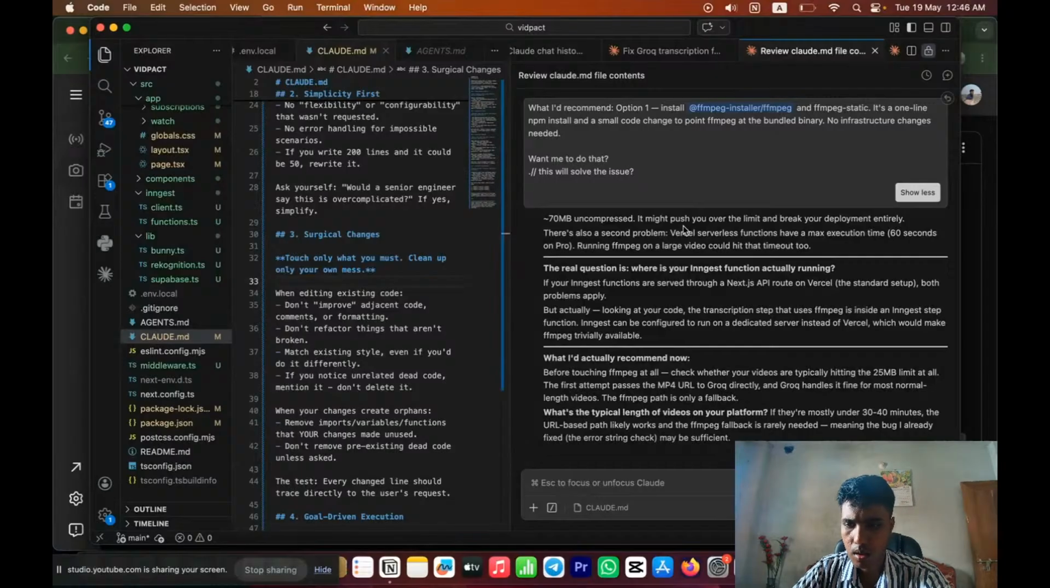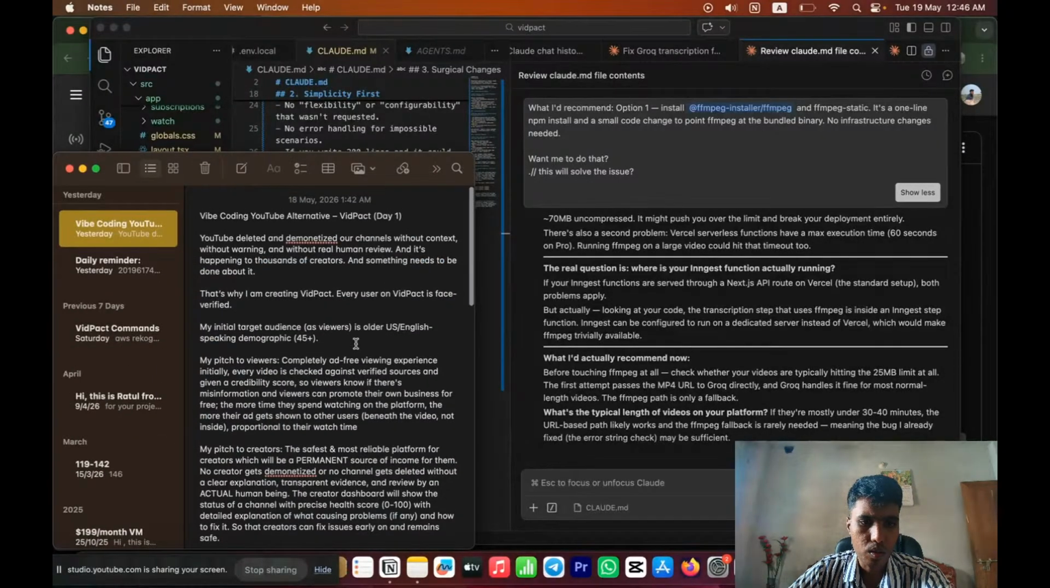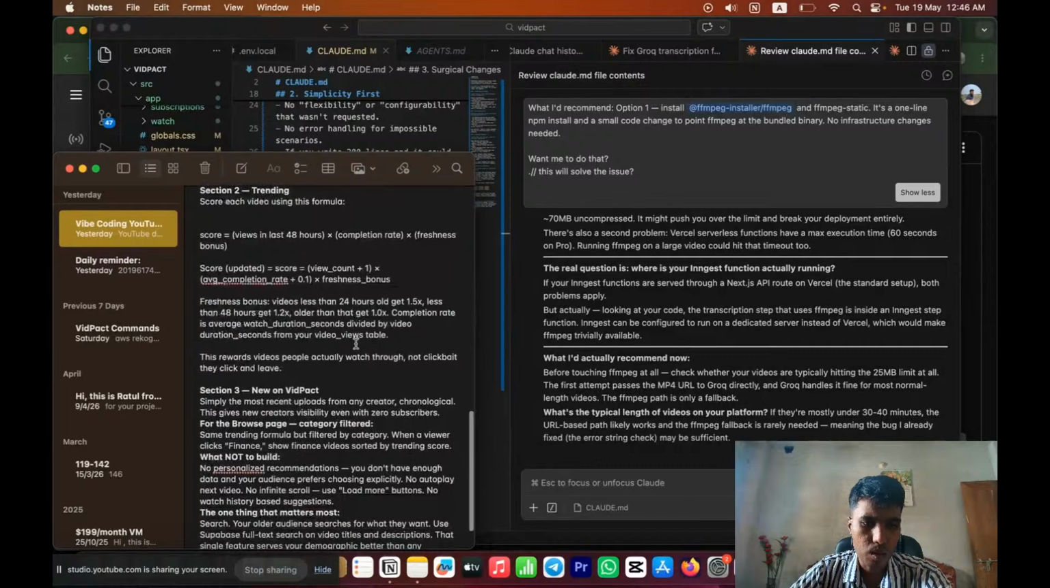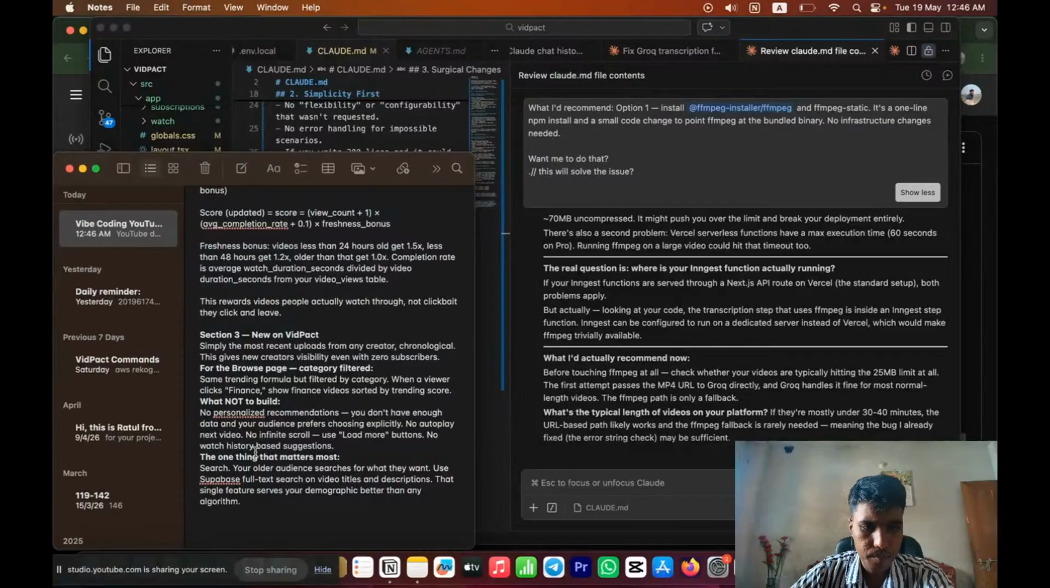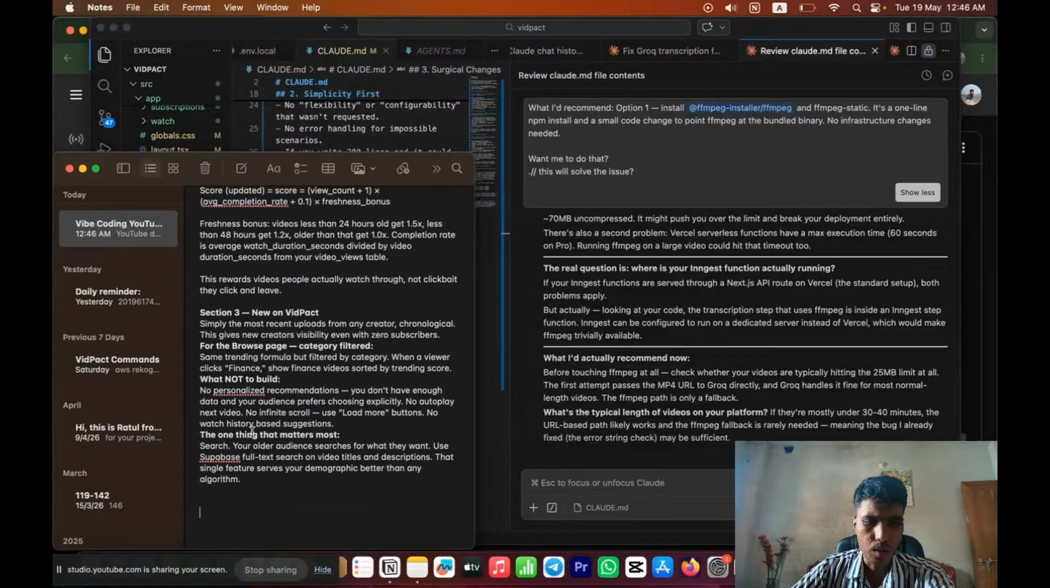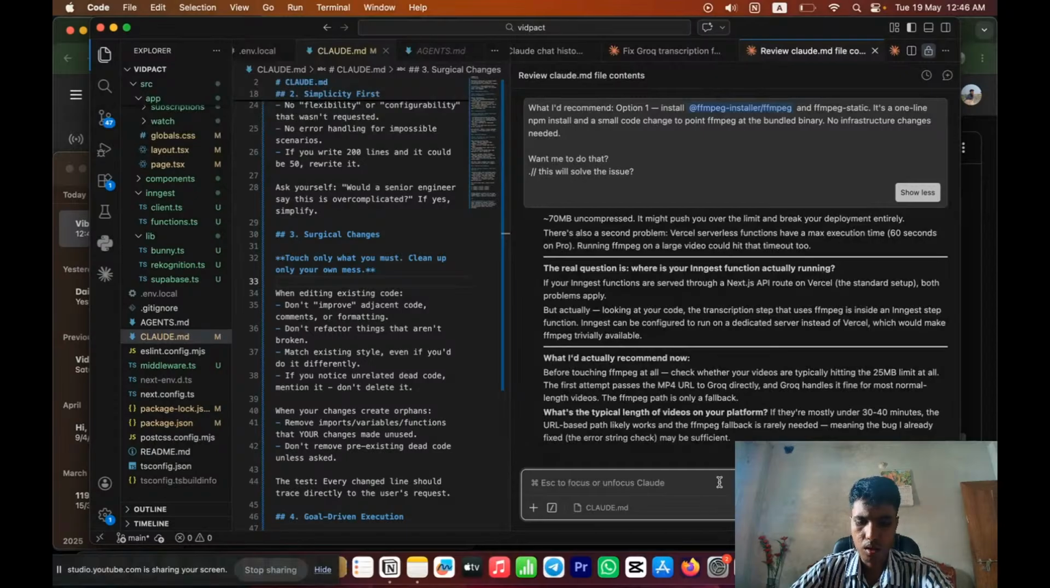Probably eliminating the bug already fixed the error. The error check might be sufficient. Okay, so how to start the